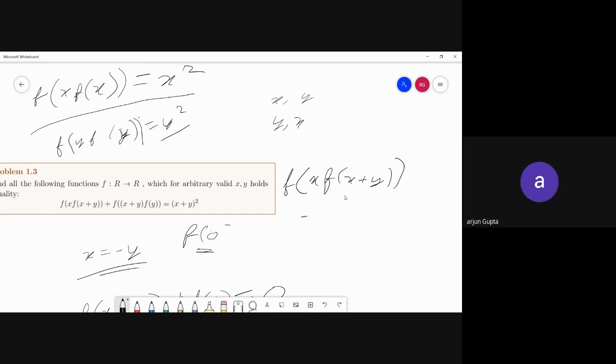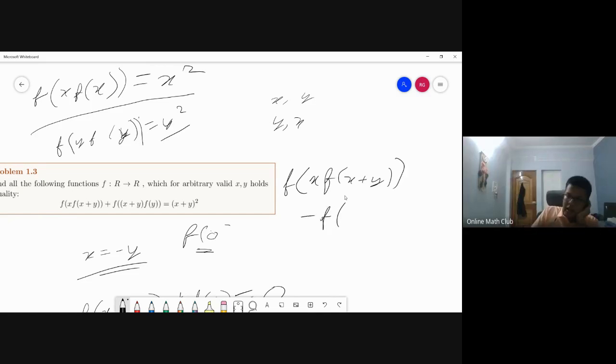You are interchanging, right? And when I do the other side, if I put x and y here, I want to bring which one back? I think this is better. X plus y f of x is equal to,